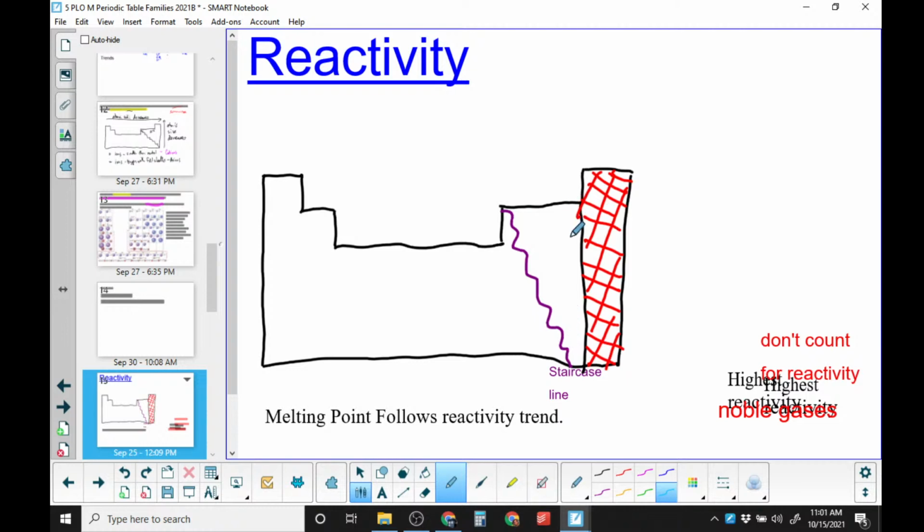What element is that? If you're going up, there's one more above chlorine. Oh, did you say fluorine? I heard chlorine. My apologies. Yeah, it is fluorine. So with this, the highest reactivity